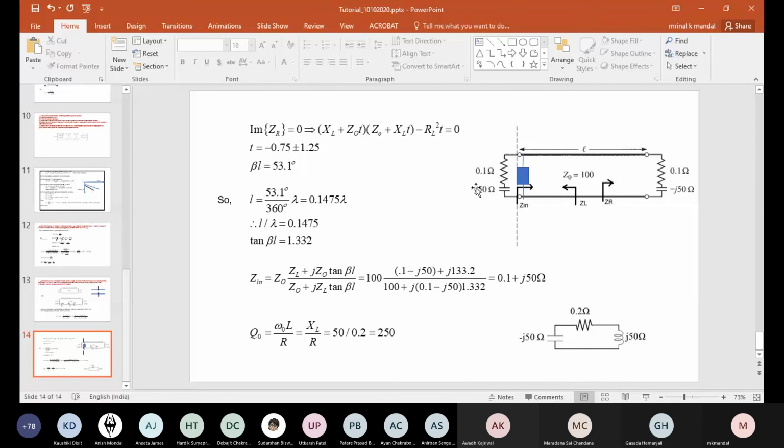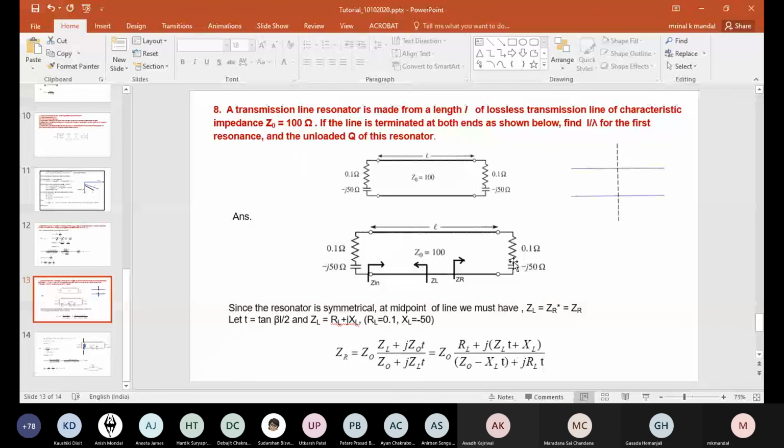In fact, in this problem, if I change the left side and right side values, it actually becomes a complex problem. Let's say on the left side I am saying 0.1 ohm and plus J50, but on the right side 0.1 ohm and minus J50. So how do you think we then proceed in that case? I will answer you in the next class. You understood what I'm saying? Here the load is symmetric, so that's why on the mid plane we just put the imaginary part 0. But now if the load is not symmetric, left side something else, then how to proceed?